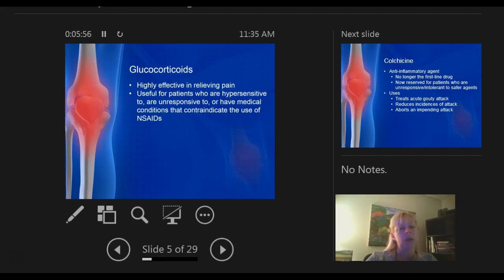The other choice that we can do, which you put under the abortive therapy, would be glucocorticoids, which we already talked about. So it should be a nice transition, because now you're seeing other things where these glucocorticoids are used. So again, this is like a super-powered anti-inflammatory, right? But more side effects, but it's very highly effective in relieving pain, and you're only taking it for short term, 7 days at the most.